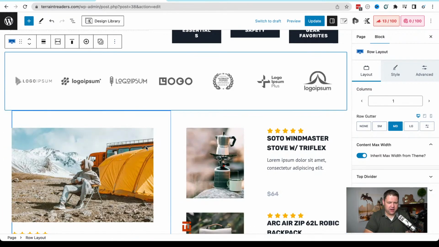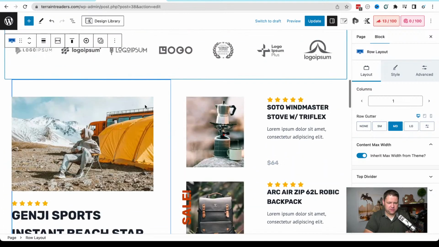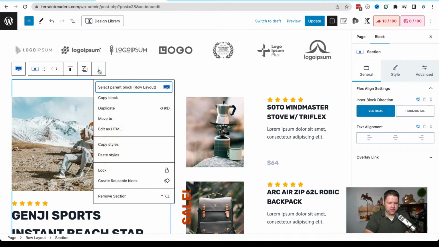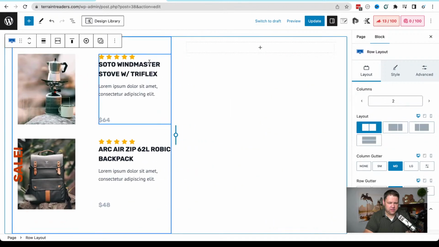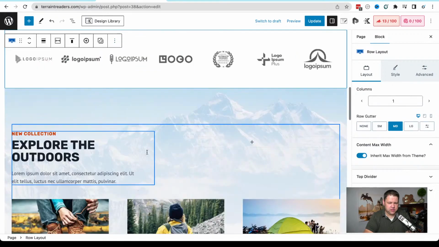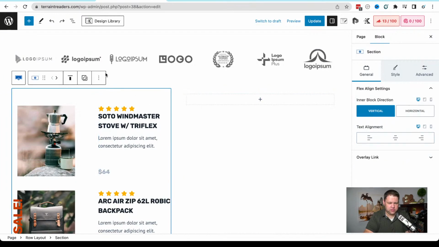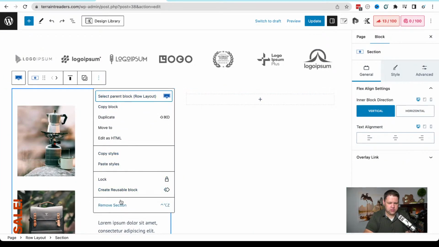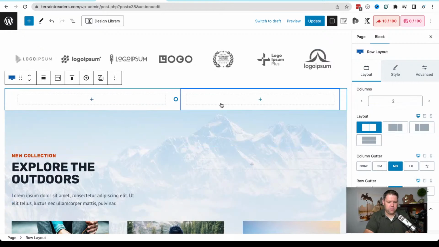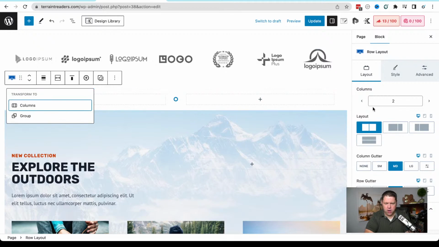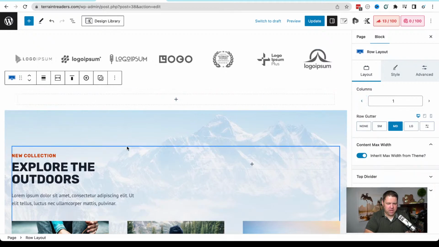I'm going to remove that entire row. This one, I'm going to remove that section and that section. Oops. I just want to remove this section. Okay, cool. And then in here, this row here, I want one column, and I'm going to take